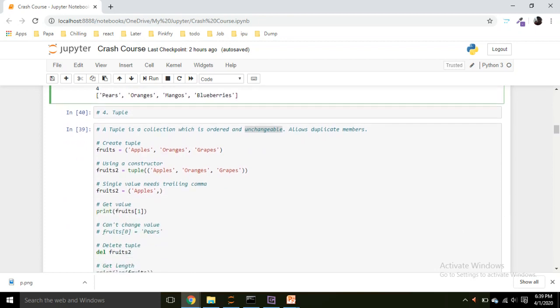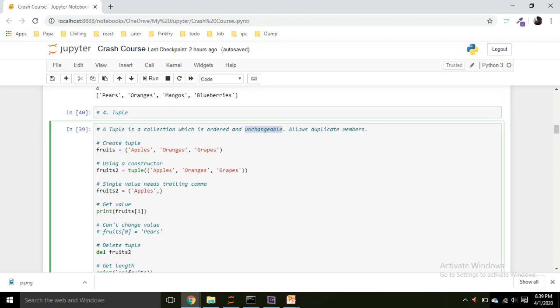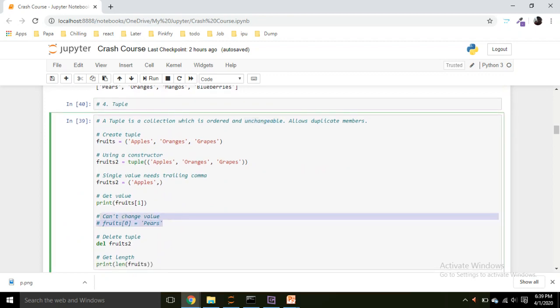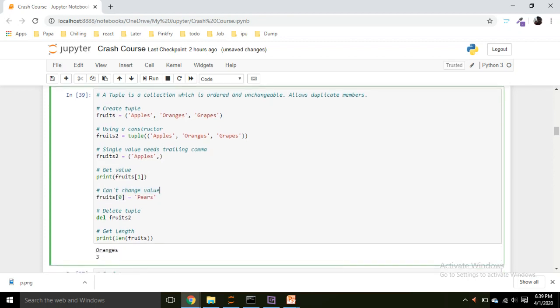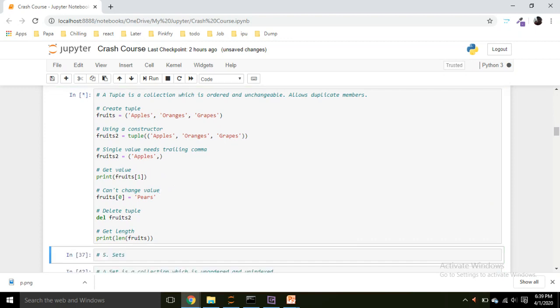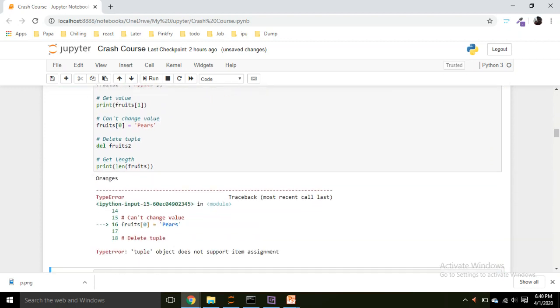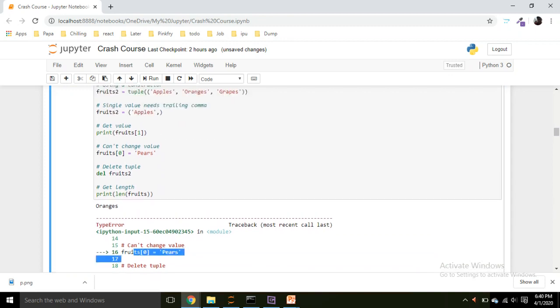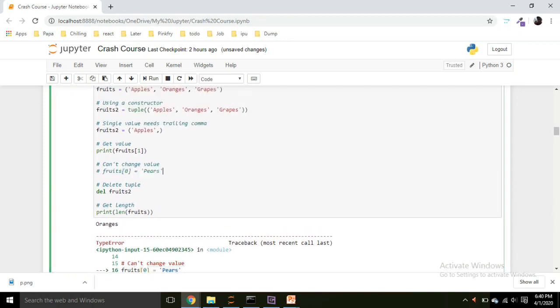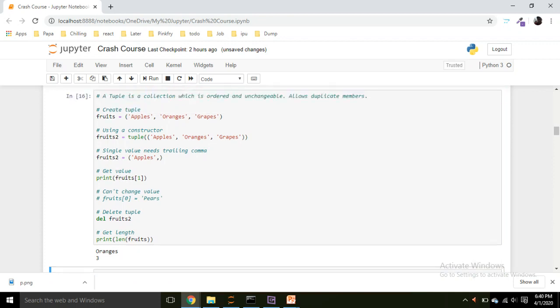Now tuple is basically unchangeable. If you try to change a value at a specific position, it will give an error. Let's see. You can do shift enter to run it, and it's going to give us an error because we can't change a value of tuple. So we created a tuple, or you can create it using constructor. And if you want to add single value, like if you don't